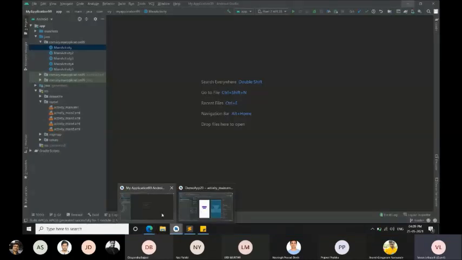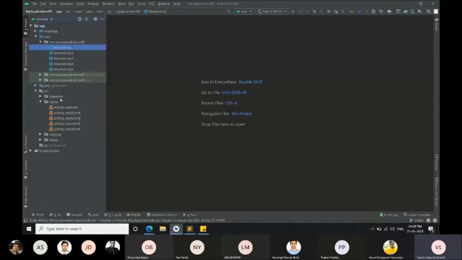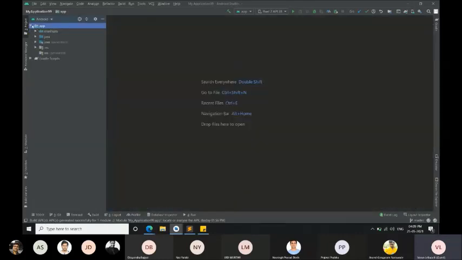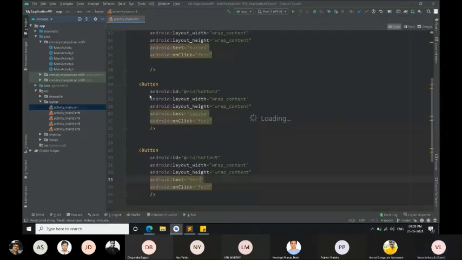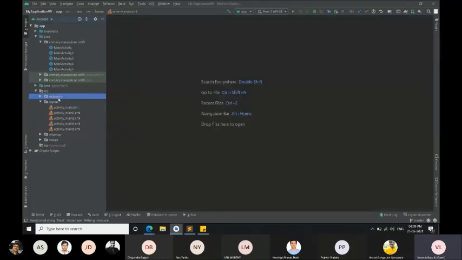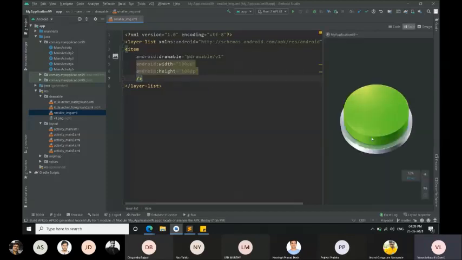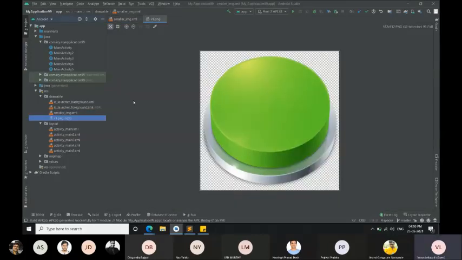So this is our Android Studio. There is a folder called resources. When we come up to the complete top, in the app, we have Java. In Java, we have a couple of activities. In resources, we have drawable, layout, bitmap, and values. Coming to layouts, you all know that we have layout files, like linear layout. And in the drawable folder, I have used some basic images. I have used this button. You saw it in the demonstration. So this is the image that I have used over there, clearly you can see it.